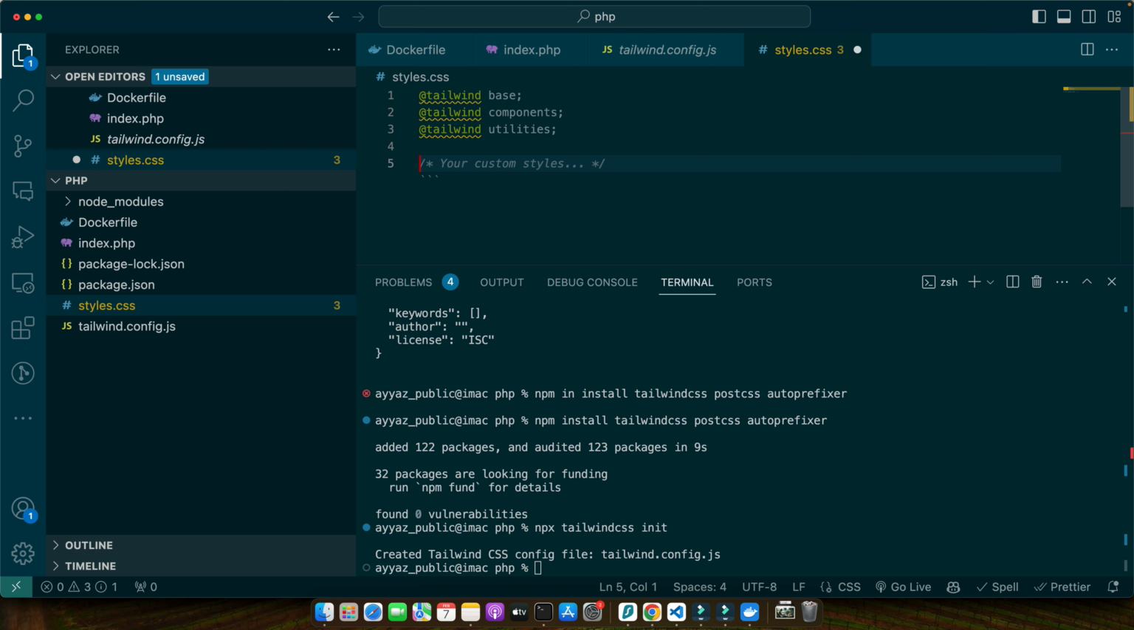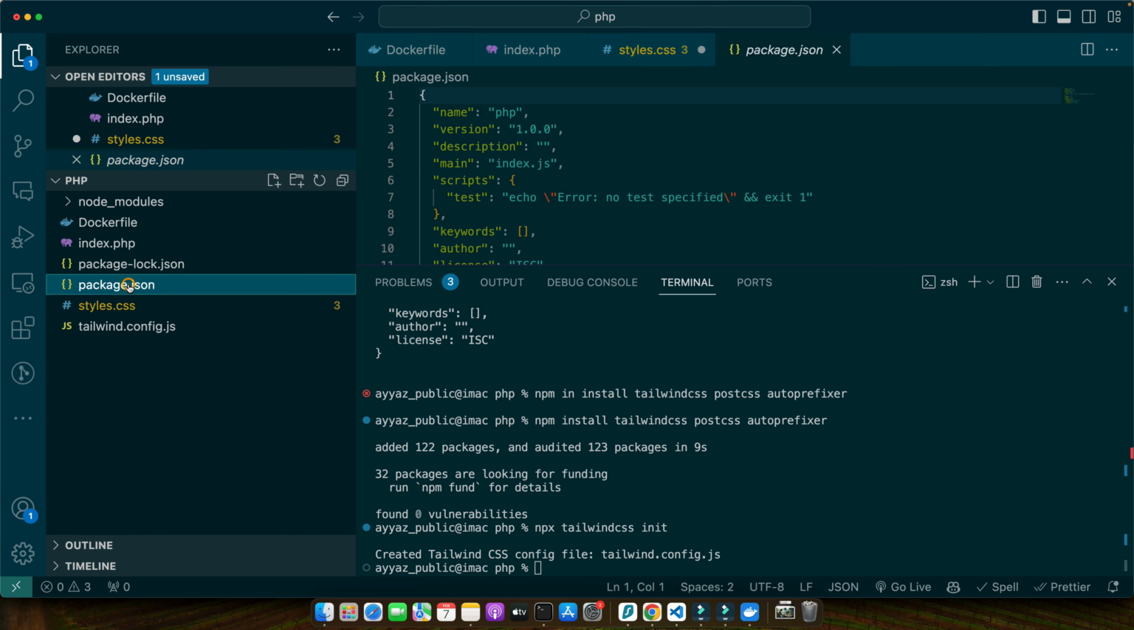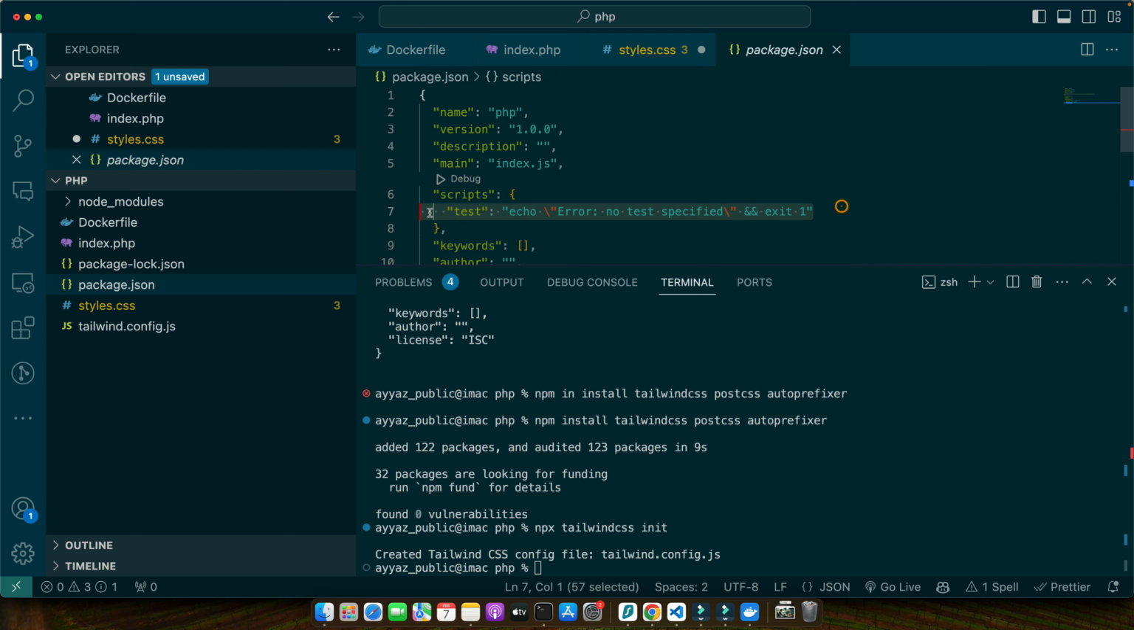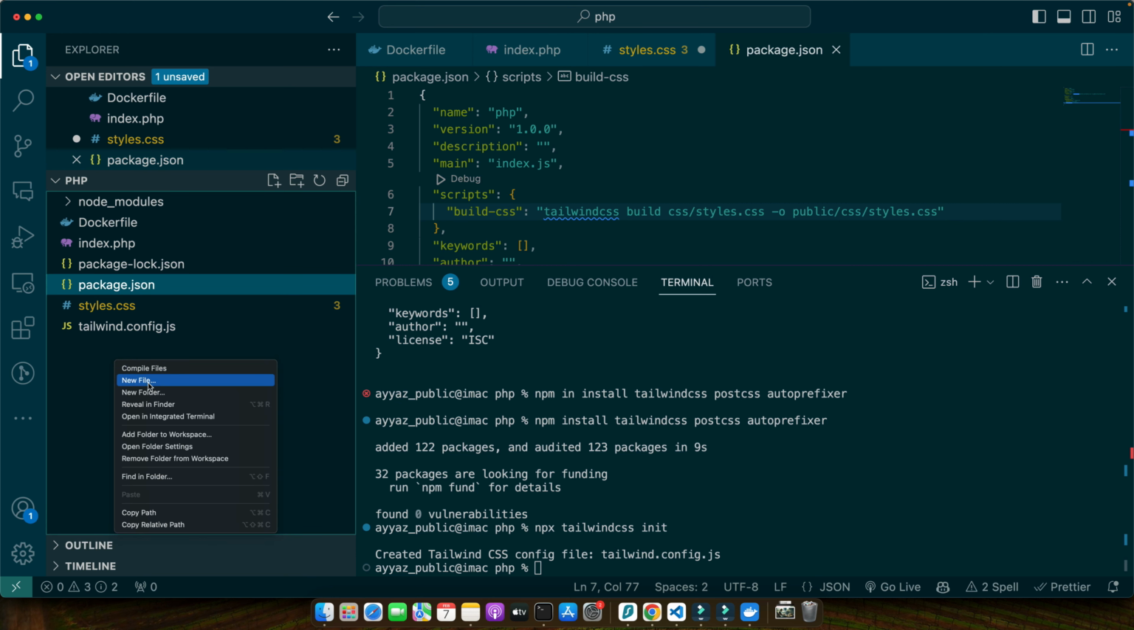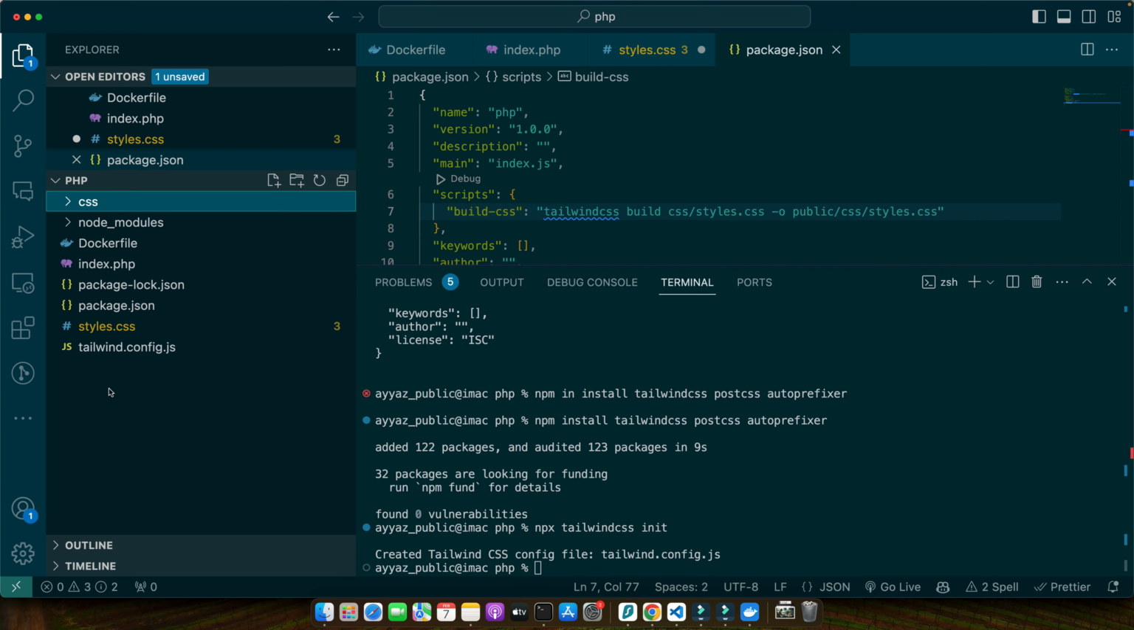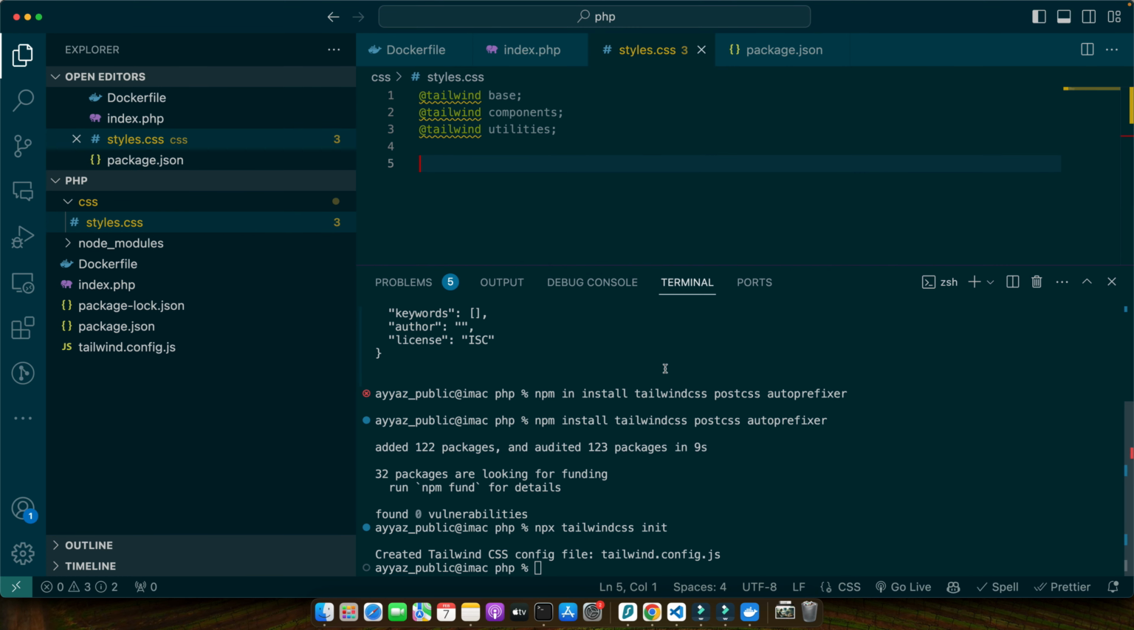So add a script to your package.json file to compile your CSS using Tailwind's CLI. Let's do that. Open the package.json and here add build-css and then add tailwindcss build CSS styles, and output directory would be public/css/styles. Okay, I will move my CSS file into the CSS folder like that. All right, this script